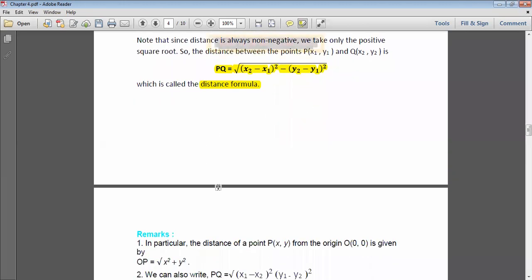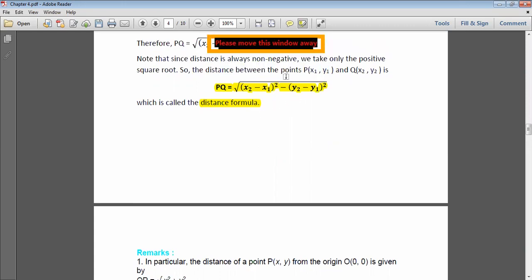So there are some peculiarities which we can find out using this distance formula. Let us see what we are doing here. If the points are P(x1, y1) and Q(x2, y2), then the distance PQ is given by this formula. But what if a point is given and we want the distance of that point from the origin?